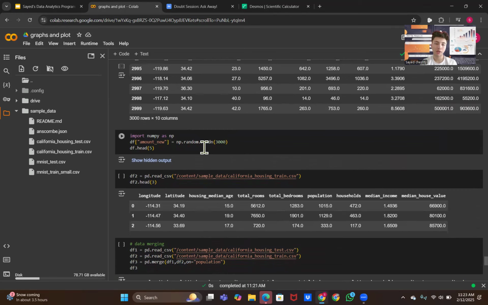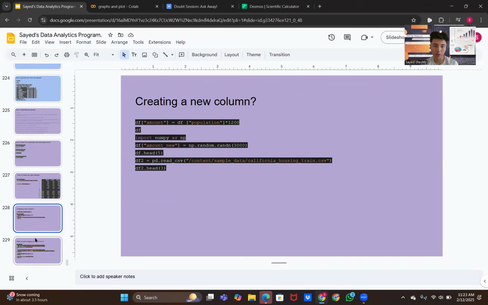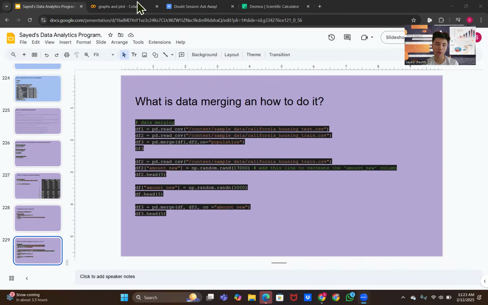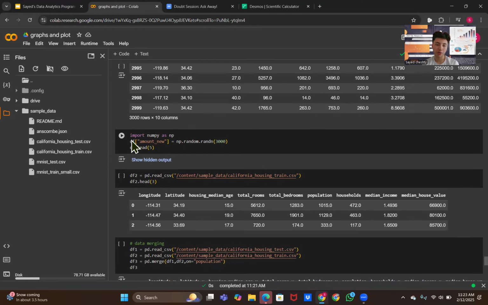So now we can do another thing. That's how we can import it, how to check the data, filtering, which we did, and this is what we get. How we can create a new column, that's what we did. Now we're gonna do data merging. How can we do that? So data merging is, first we're gonna import, but before that, I'm still on it. So we do import